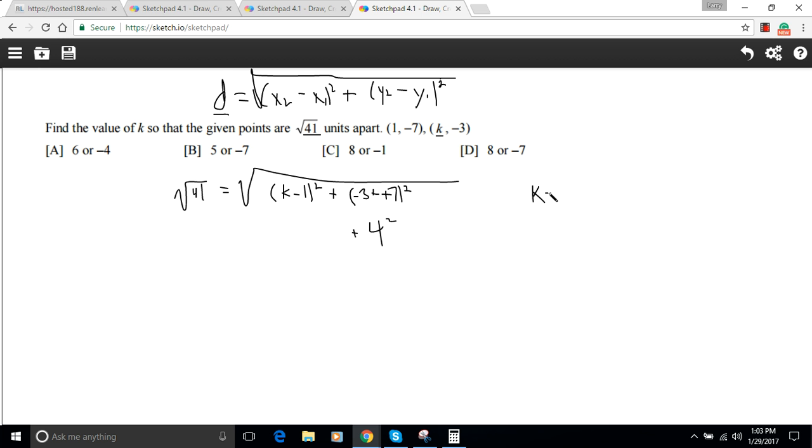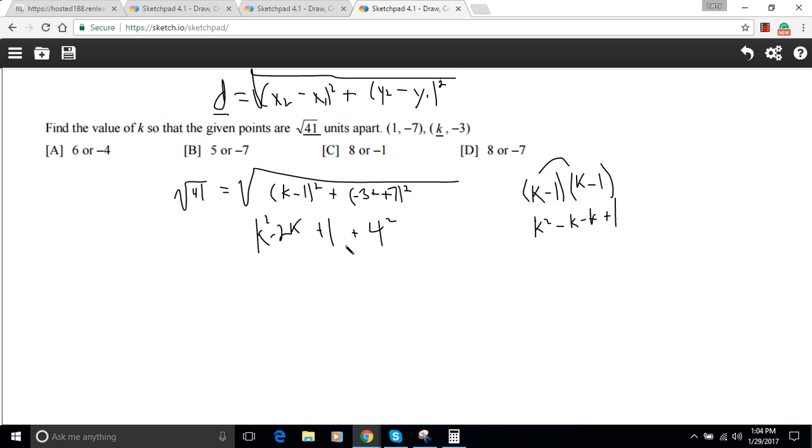Well, something squared is itself times itself. So we could write down (k minus 1) times (k minus 1), and we could FOIL that out. Take the first terms, you get k squared. Take the outside terms, k times minus 1, that's a minus k. Take the inside terms, minus 1 times k, that's another minus k. Take the last terms, -1 times -1 is a +1. And this simplifies out to, let's write it over here, k squared minus 2k